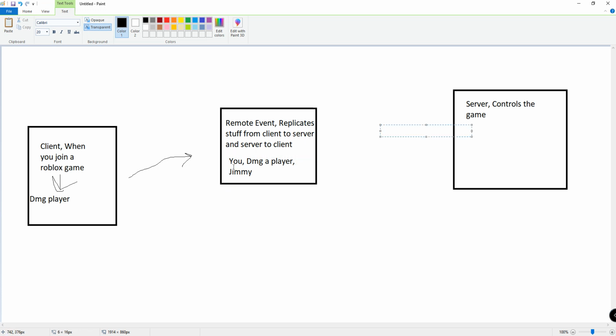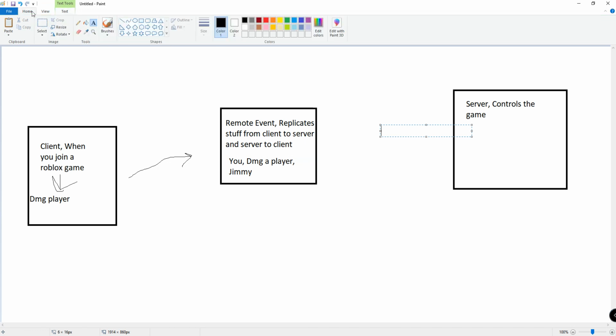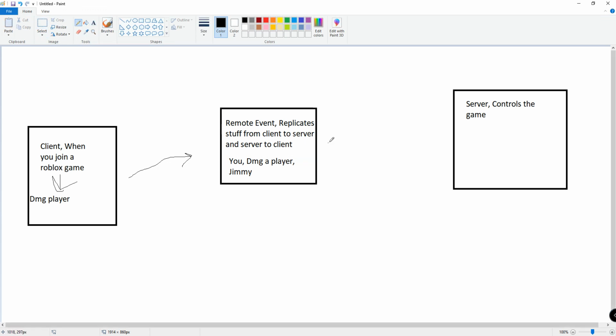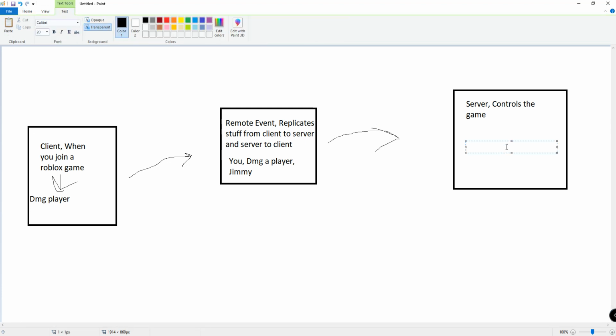So Jimmy, you damaged a player. His name is Jimmy. So then once you fire the client server with that information, it would send this information to the server. And the server would go, hey, I know you just damaged Jimmy because I got a message from an event. So it'd be, okay, I'm going to damage Jimmy